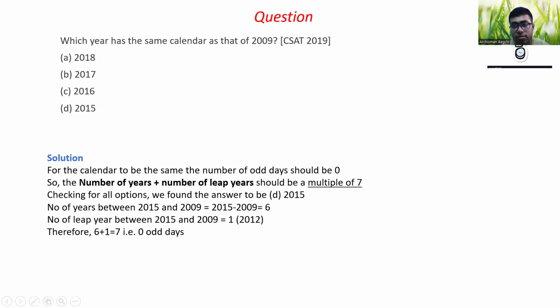2017 और 2009 में कितने साल थे? 8 साल। कितने लीप ईयर थे? 2012, 2016, ठीक है। 8 और 2, 10, ये भी नहीं होगा। 2015 के लिए चेक करो, तो 2015 विल बी आंसर। 2009 से 2015 में 6 साल हैं, और लीप ईयर कितने? एक, 2012। तो 6 + 1 = 7, कोई ओड डे नहीं। सो दिस ईयर विल हैव एग्जैक्टली द सेम कैलेंडर एज 2009। आप ऑप्शन में 2016 को एलिमिनेट भी कर सकते हो, क्योंकि ये याद रखना, कभी भी कोई नॉन लीप ईयर का कैलेंडर लीप ईयर के कैलेंडर से बराबर नहीं होगा। नॉन लीप ईयर का कैलेंडर दिया हो तो उसका आंसर हमेशा नॉन लीप ईयर ही होगा, और अगर लीप ईयर दिया हुआ है तो उसका आंसर हमेशा लीप ईयर है, ठीक है। ये याद रखना।